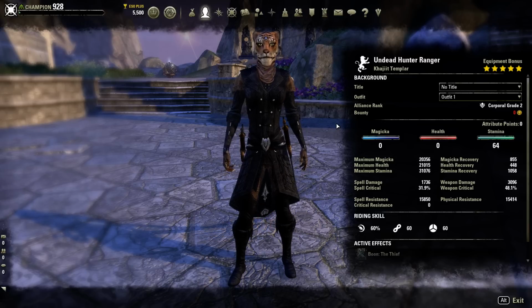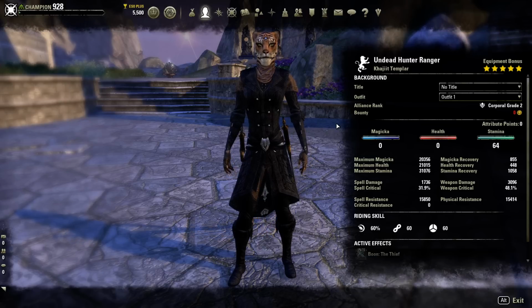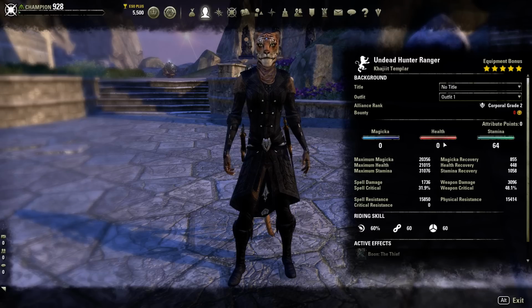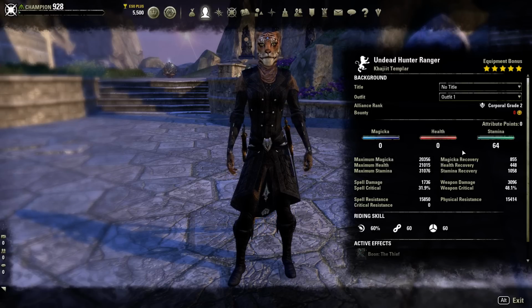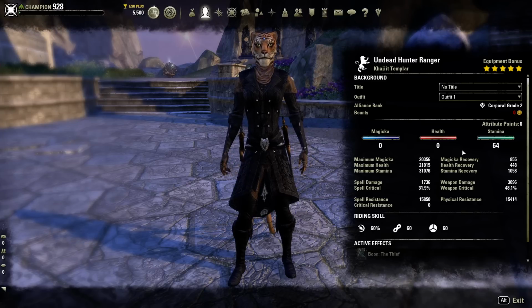So, going over the setup for damage dealer, the attribute points are 64 points in stamina. This is going to give you the higher stamina pool, and it's going to allow for that greater DPS in your rotation. Now, if you want to play this as a tank, you would take the 64 out of stamina and put enough in health to get you as close to 30k as possible, or right at 30k, and put the rest back into stamina. This is going to give you a good resource pool for stamina, health, and magicka,